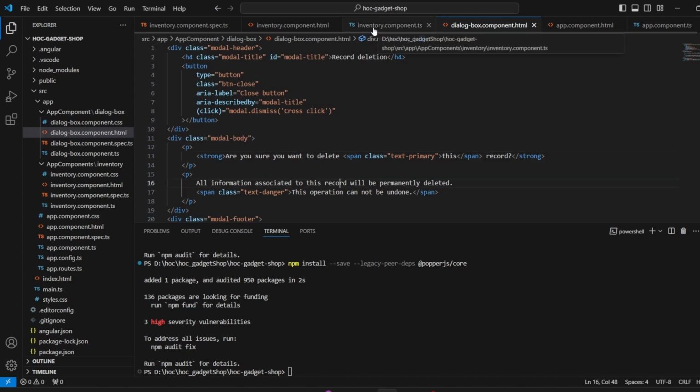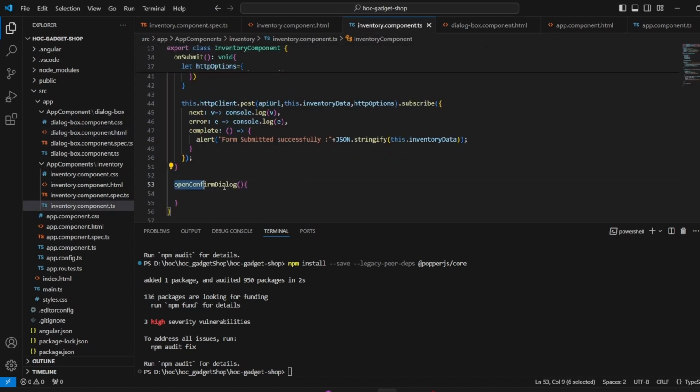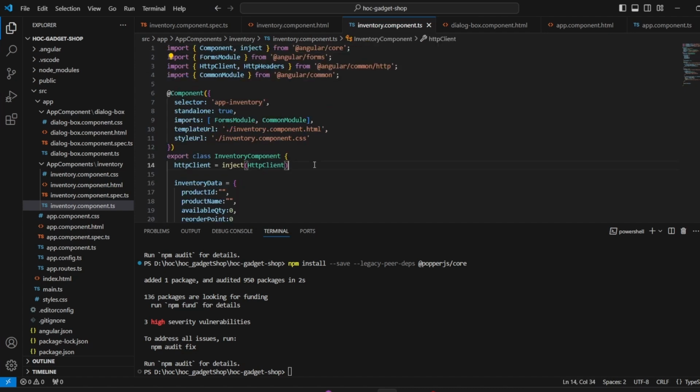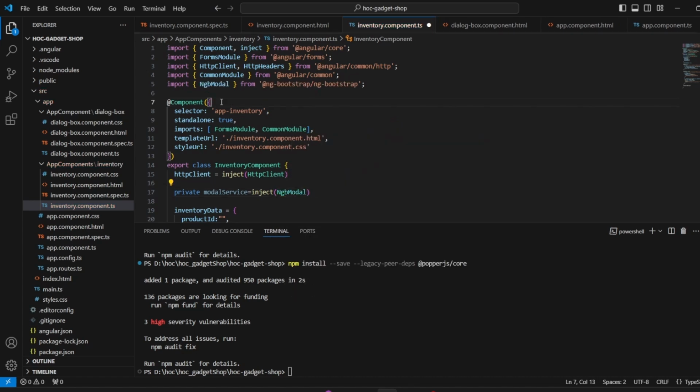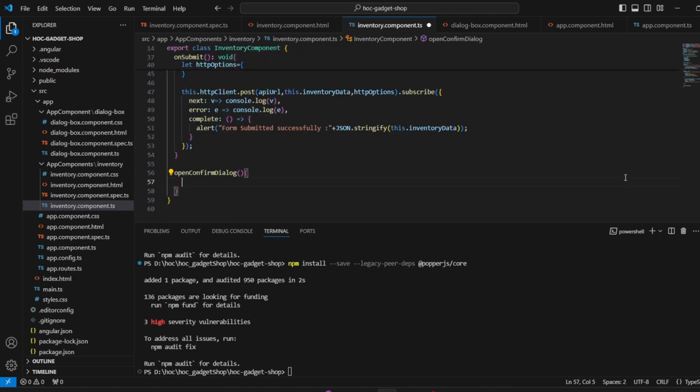Now we want to open it from here. Is that correct? From open confirm dialog. So for that we'll be using the modal service. We are going to inject the modal service using the NgbModal, and you see that the import is automatically done through IntelliSense. I'll save the changes. We are going to utilize this modal service to open the modal,